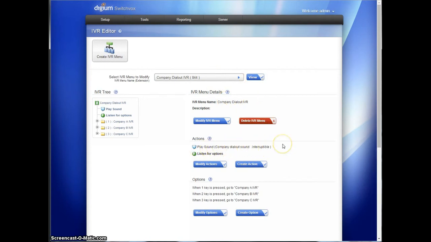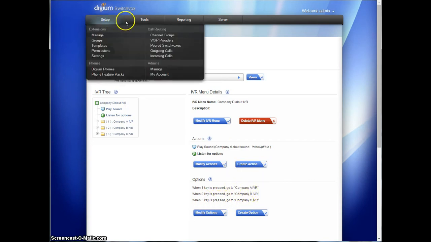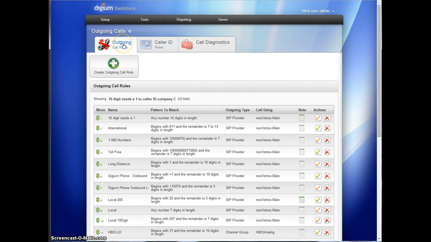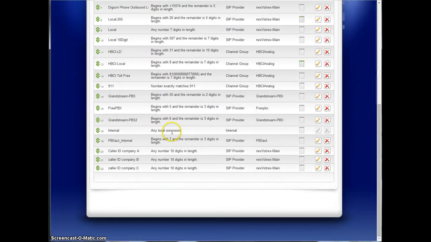You've reached the company caller ID spoofer IVR. Press 1 for company A, 2 for company B, 3 for company C. Whichever one they press uses the outgoing calls caller ID. We'll assume they press 1 for company A, and it will use the caller ID company A